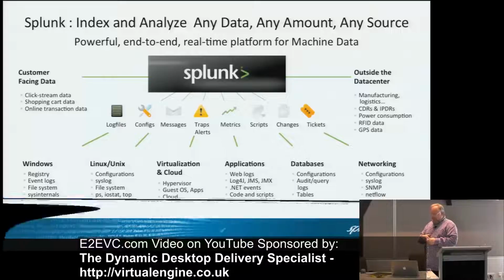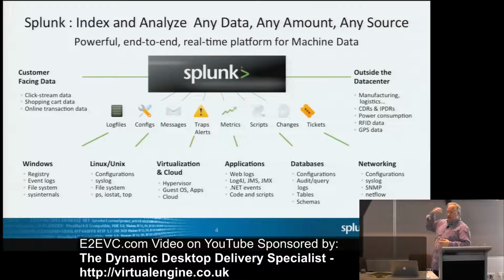So when we went back to the very beginning, the first part is data consumption. We can get data from pretty much anywhere. We can do log files, config files, SNMP alerts. We can do databases. We have an SNMP engine that will let you consume that. If you want to pull data from a SQL database, we have DB Connect to let you connect to a database. You can run scripts. Our Zen app, our Zen desktop, our NetScaler apps, all of those basically run a script, and the script collects the data and then posts it to Splunk.